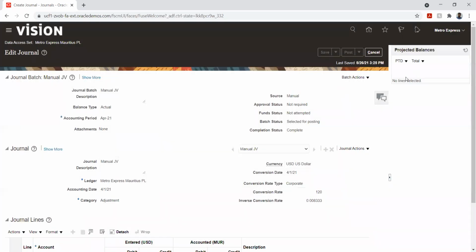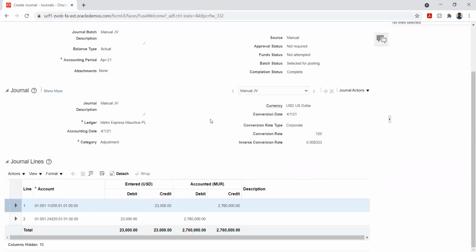So basically, converting the balances from the entered currency to our functional currency is what is called conversion. Here we can see that this is the entered currency, that is, we used USD, but the business that we have is in Mauritius. So that is MUR. This is our functional currency.